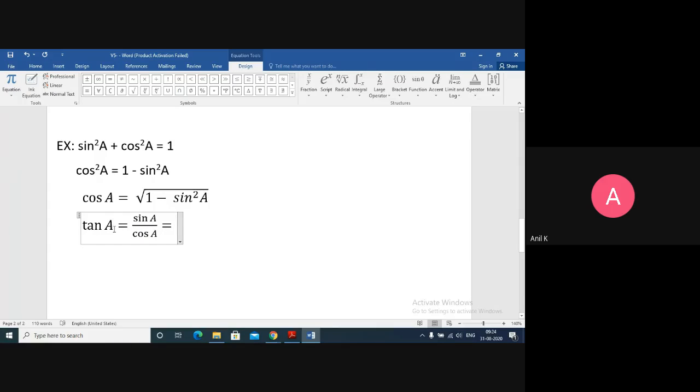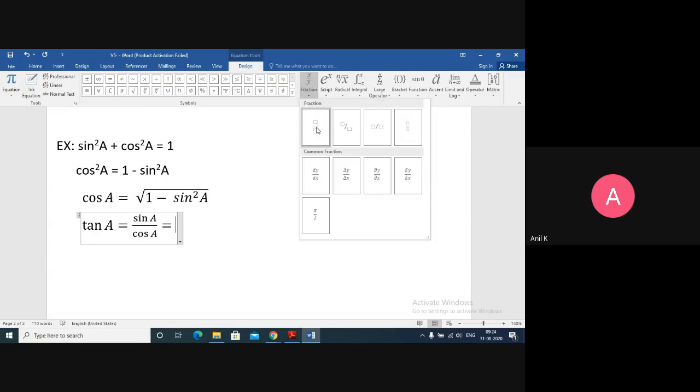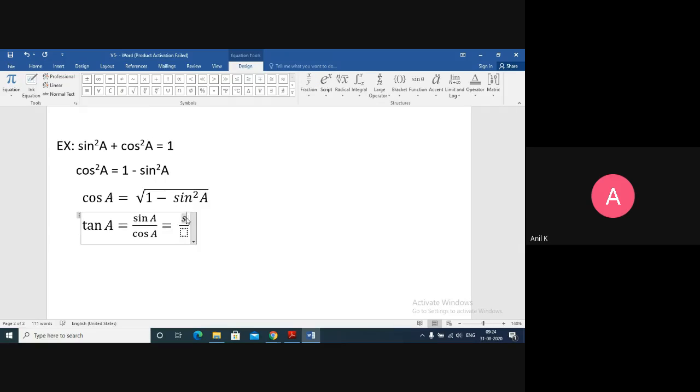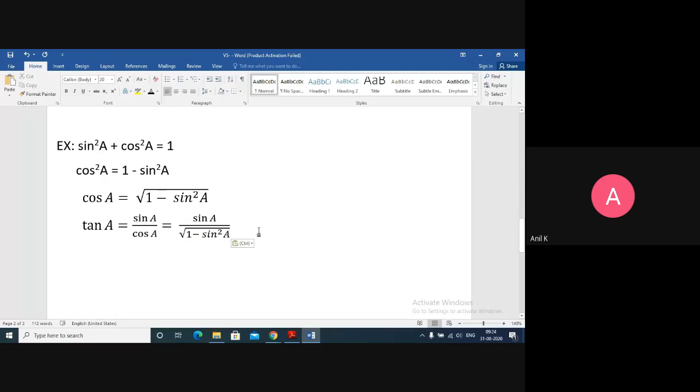What they ask is tan in terms of sin. So the numerator is already sin A only, so I don't do anything with that sin A. But in the denominator I have cos A. This cos A has to be replaced with a sin term. We already have cos A as under root 1 minus sin square A. So tan A equals sin A upon under root 1 minus sin square A. So tan is also in terms of sin only. This is what they mean by representing tan, cos, sec.